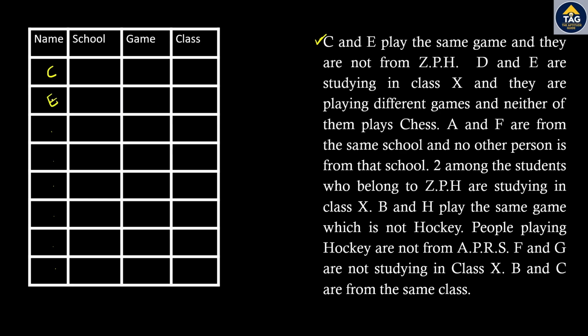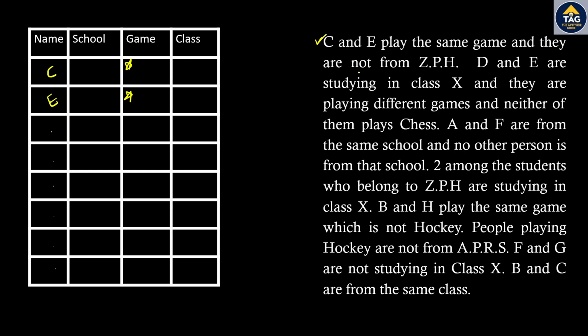C and E. It's about 2 members, C and E. They play the same game. As these 2 persons are playing the same game, let us mark it with the same symbol here, which means that the name that you write here should be written even here. These 2 should not be different. These 2 have to be the same. When these 2 play the same game, can I consider that these 2 belong to the same school? Of course, yes. People who belong to the same school play the same game. As these 2 play the same game, I can also understand it as these 2 being from the same school.